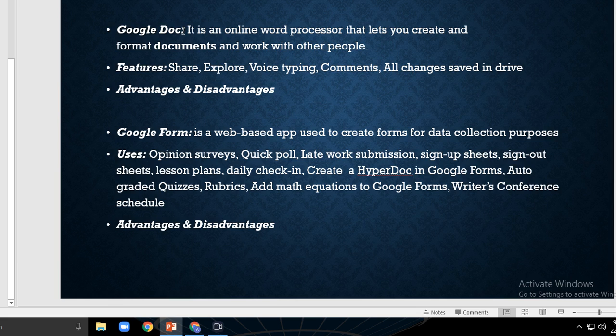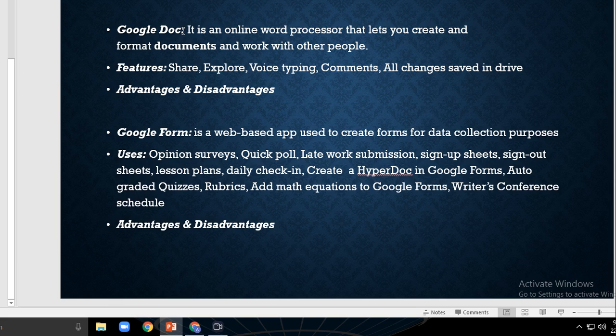Now what is Google Doc? In simple words you can say it is an online word processor that lets you create and format documents and work with other people. Now the system requirements for Google Doc are very simple. The only thing you have to worry about is your web browser. Google Doc is compatible with Internet Explorer version 6 or greater, Firefox version 1.07 or higher, but nothing else. And here you have to keep in mind that Google doesn't support Google Docs for any other browsers at the moment. So there is a good chance that it won't run on them.